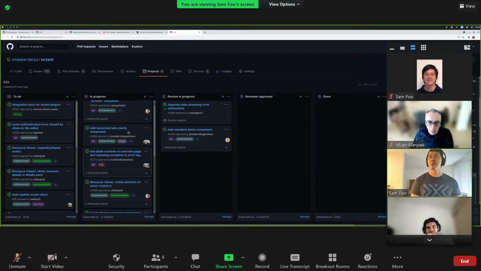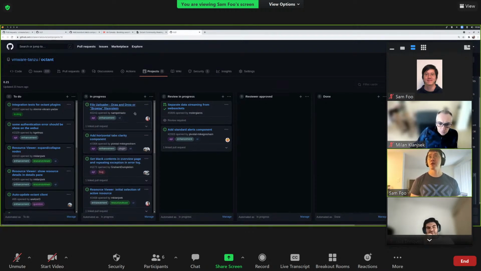And we've got a couple more interesting ones. This one, also done by Milan, is the file uploader. This is a super interesting component, simply because we see a couple of places where it could already be relevant, like the apply YAML page and the kubeconfig page. And historically, this is difficult to do because if we just run Octant as an Angular application, it doesn't really have access to any of the file system libraries. So we can start experimenting with Electron as well, and we can even do things like